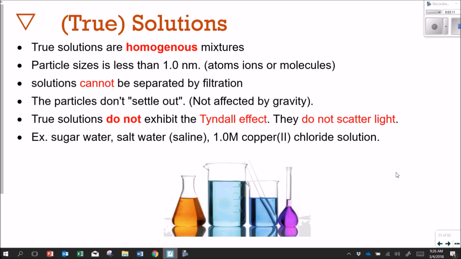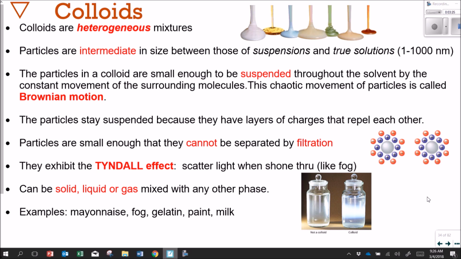Some examples will be sugar water, salt water, which is also called saline, a 1 molar solution of copper(II) chloride. Let's look at colloids. Colloids are heterogeneous mixtures, which means that they are not uniform throughout. Now, they do look uniform throughout, but they are still heterogeneous because of the particle size. So the particles are intermediate in size, and they are in between those of suspensions and true solutions, between 1